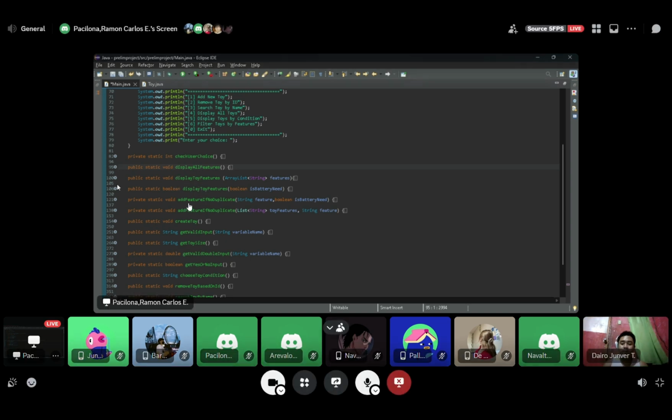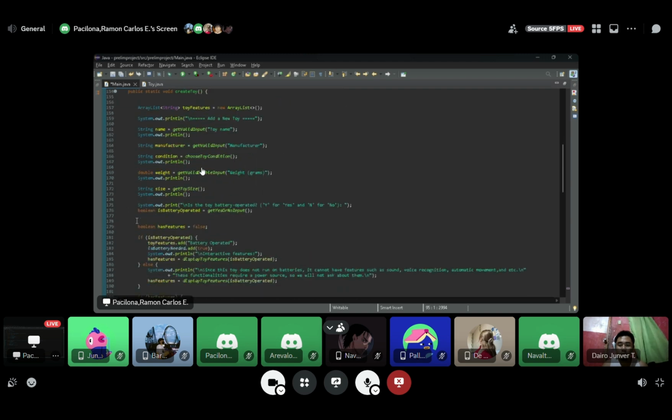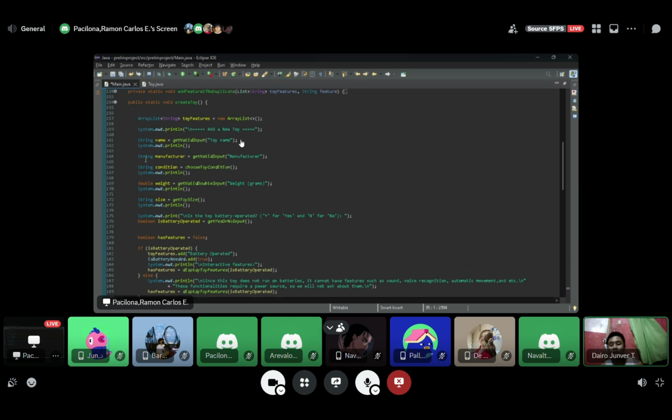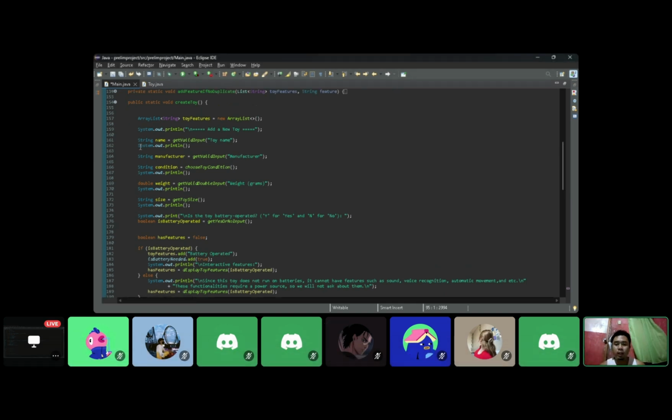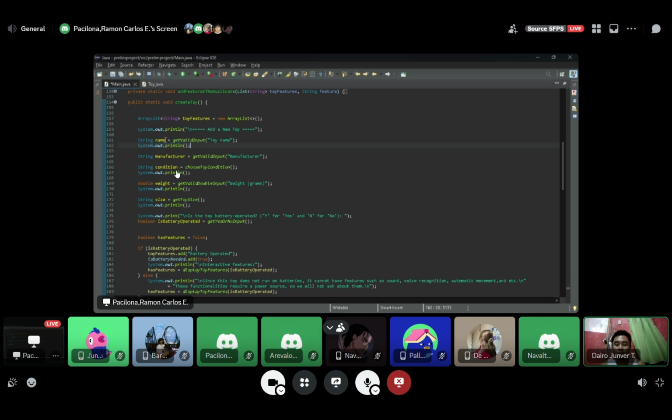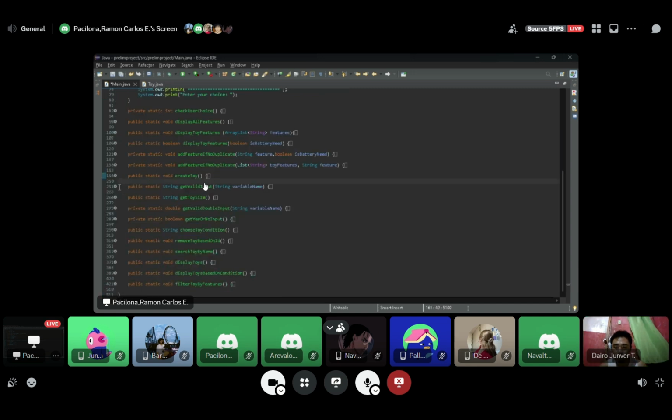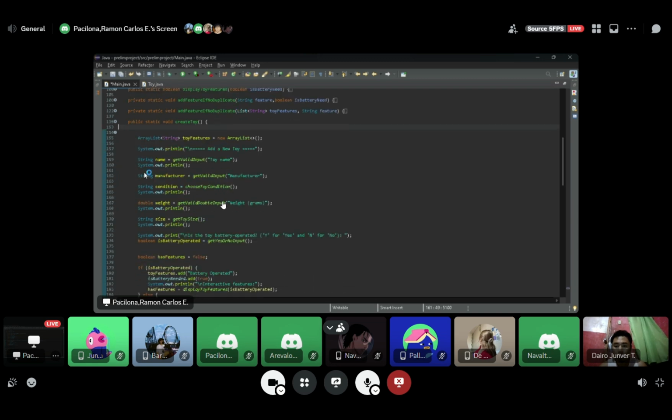Create toy method. For the toy name and manufacturer, I use a method to get valid input to check the user input. If the user leaves it empty or does not enter any value, it will show error checking. And let's go to the variety operated.